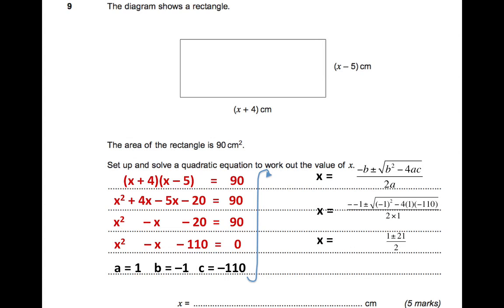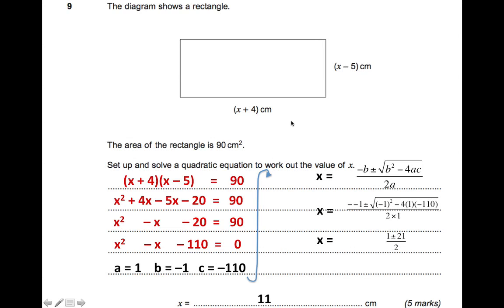So in fact, if you work out what x is for that, it can either be 11 or some negative number that you're not particularly interested in, minus 10 in fact. But the solution is x equals 11,